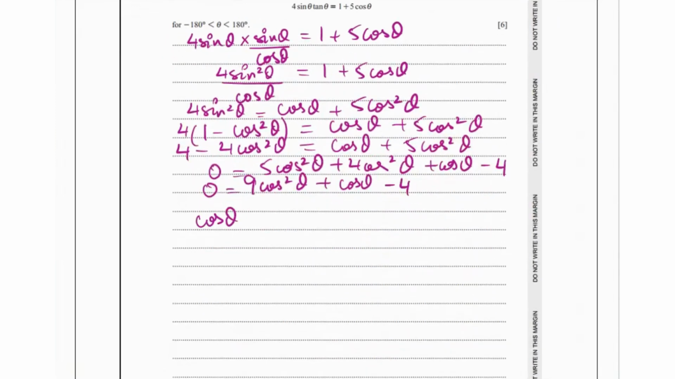Replace the cos theta with x. So the equation is going to be 9x squared plus x minus 4. We're going to use the quadratic formula to solve this quadratic equation. x equals -1 plus minus root of 1 squared minus 4 times 9 times -4, divided by 2 times 9. That's going to give us